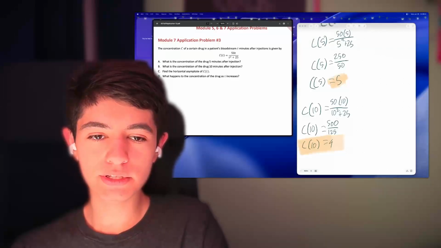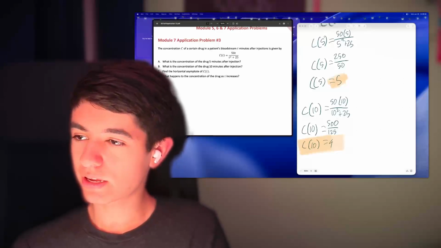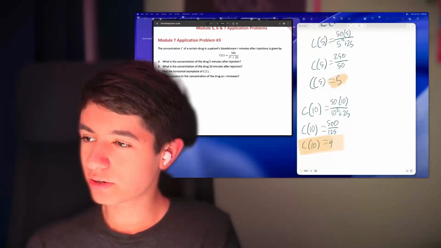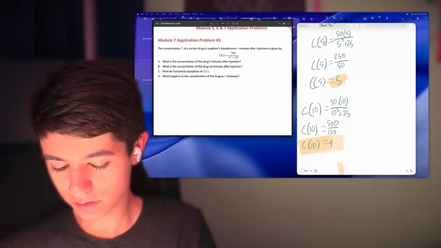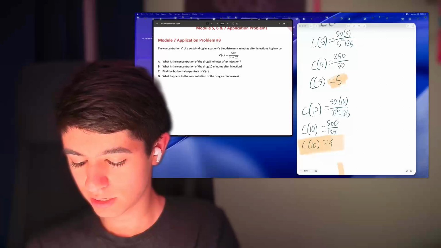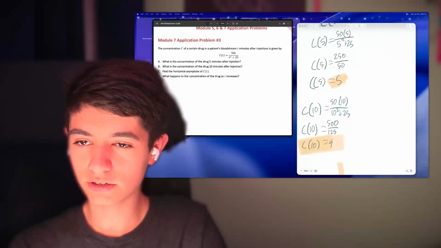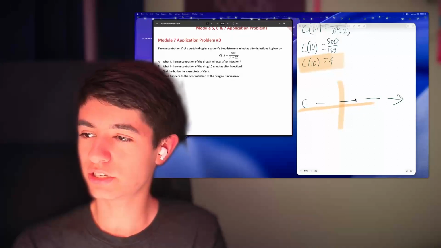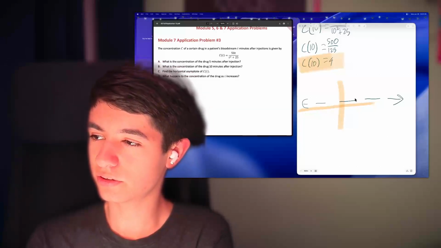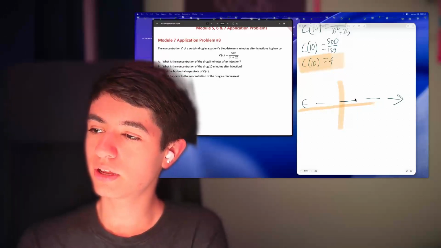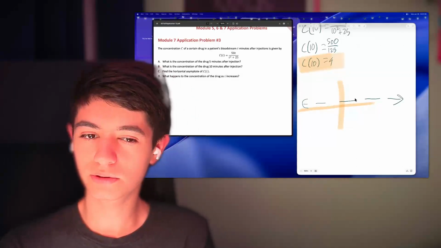Now, what does that mean? That means that it would be at a level of 4. Now, when sketching a graph, the horizontal asymptote is where the end behavior of the graph is, at the very edges horizontally, when looking at the x values and y values. So the horizontal asymptote of C of t would be